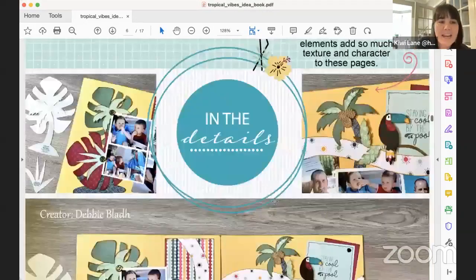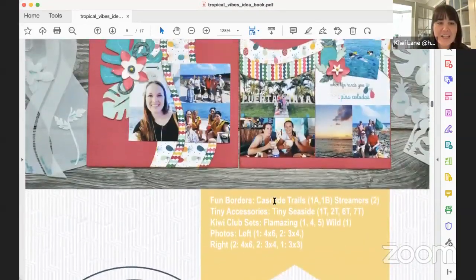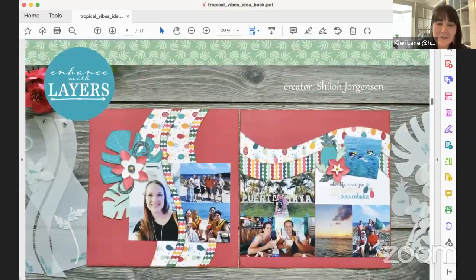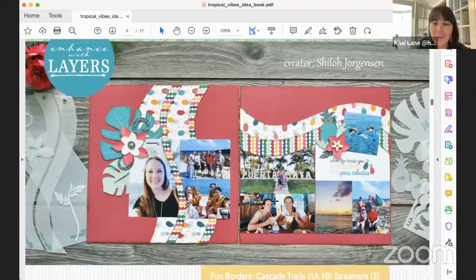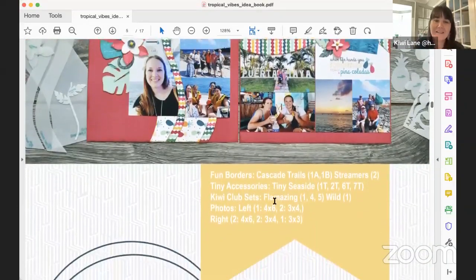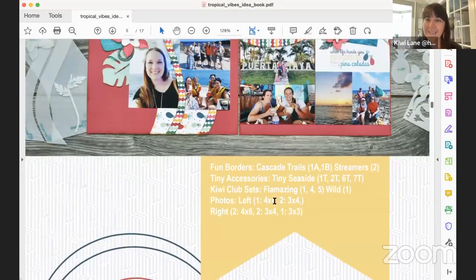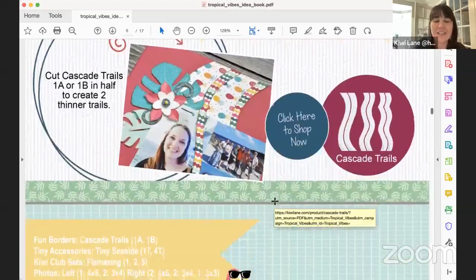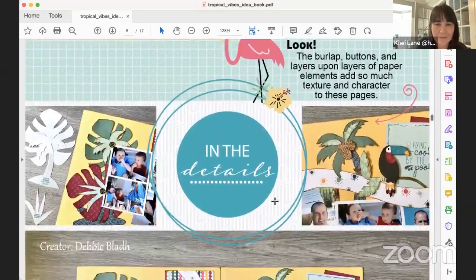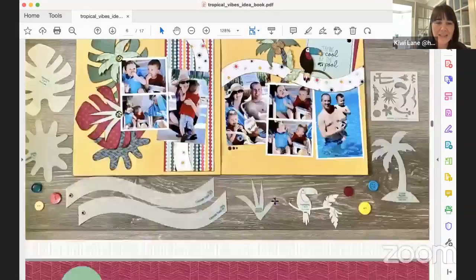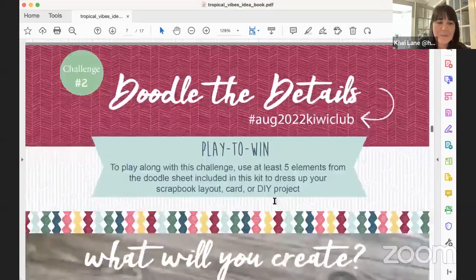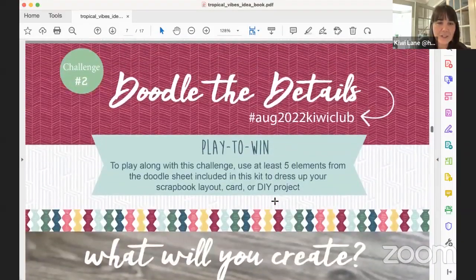But right here you have vacation, you have pool, you have water, you have pina coladas. There's so many memories that you could pull in just in those 3 samples. So pull out those pictures and use the kit and create for sure. All right.